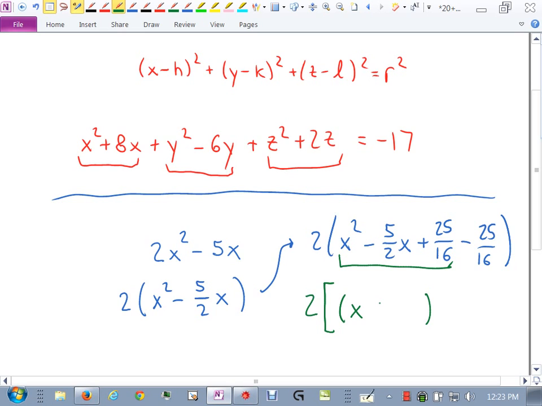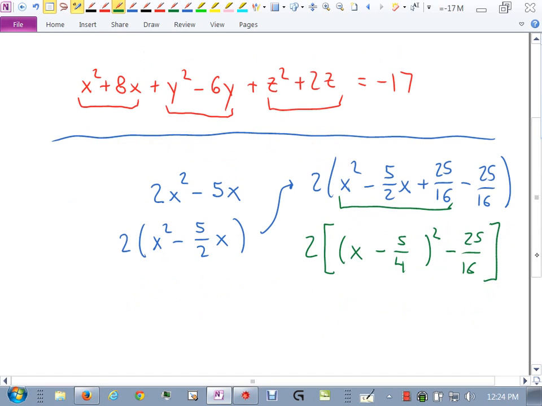But you have to keep track of signs. So it's negative 5/4. That's the thing that we had squared, right? The 5/4. So that's what goes in here. Negative 5/4 squared. So if I take this right here and I square it, I should get these 3, right? Then I have the minus 25/16. And then finally, bracket,